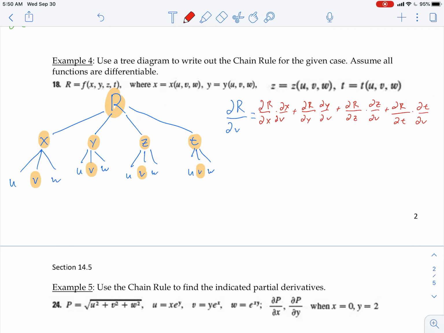And that's how we would take the chain rule. So that tree diagram does help out in trying to find the pathway to take the partial of whatever variable that